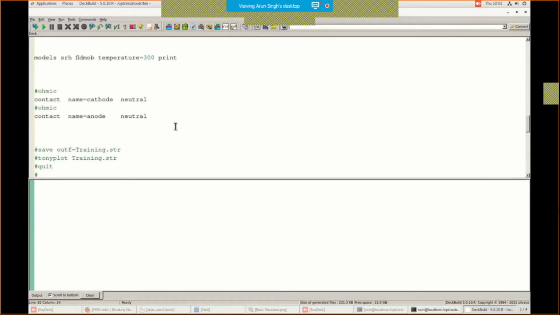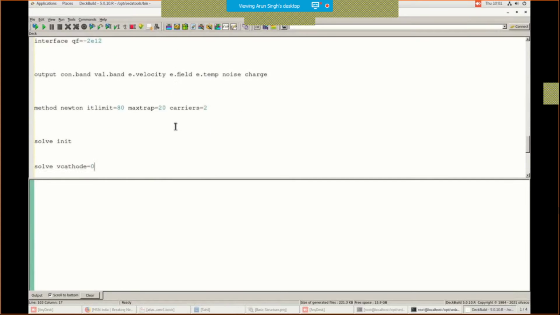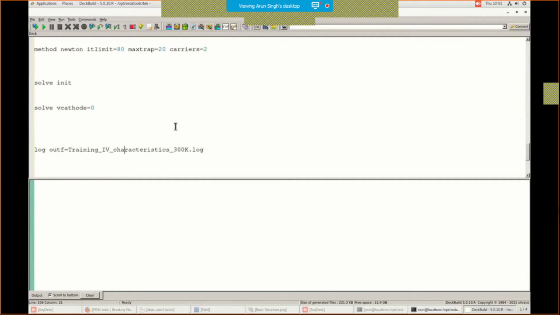You can see here, this is a structure file. It comprises information about the structure, how the structure of the device will look. And the log file, you can see it here, .log. This file comprises all the electrical information and calculated parameters after simulation.